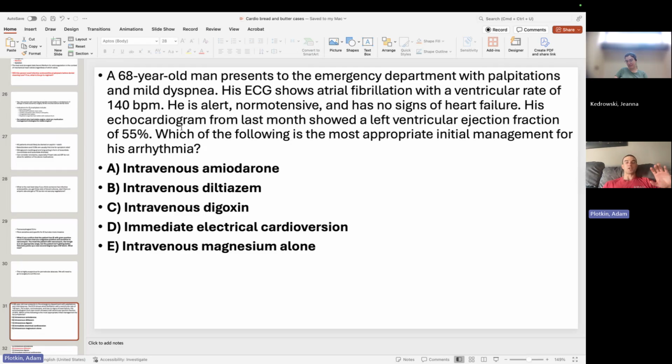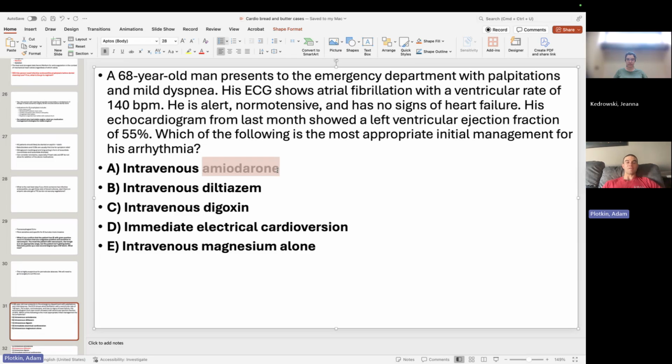You have to be careful. This is probably more of a step 3 concept or beyond. If the ejection fraction is less than 40, we don't use IV diltiazem because that has negative inotropic effects. So in that case, we can use metoprolol or we can use digoxin. Story for another day. Stable AFib, we want to get the rate under control. IV metoprolol or IV diltiazem.